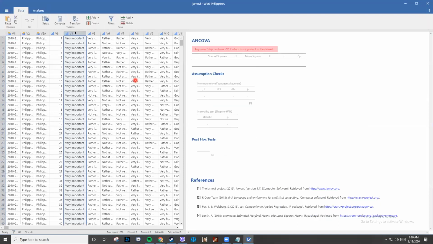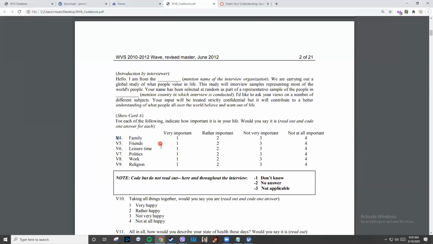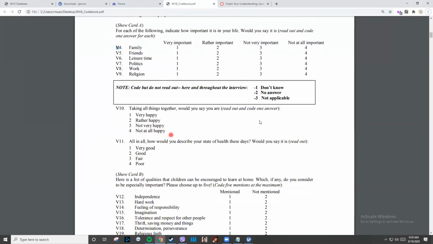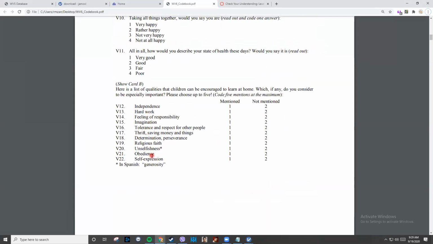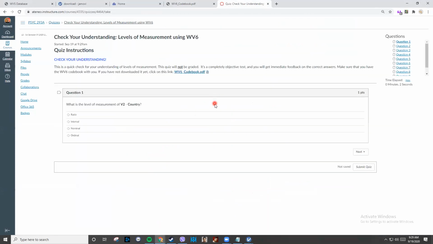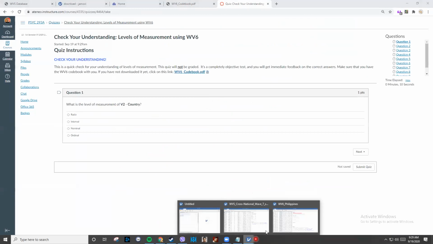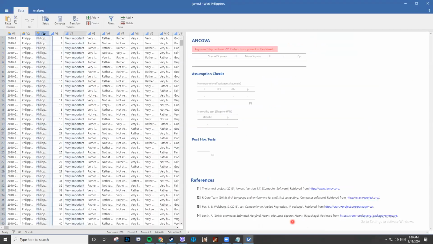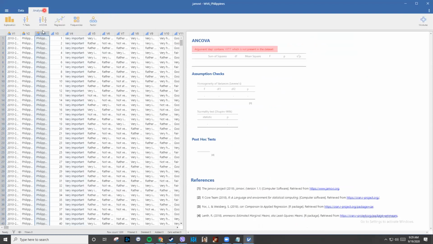So anyway, the data here can be coded and changed as the type we need. Once we're here, we read through the code book. If you have any questions on the code book, please let me know, or let's just do the homework together. You wanna open Canvas and let's take a group quiz. If you have your Jamovi open, you can also see what kind of data we have.